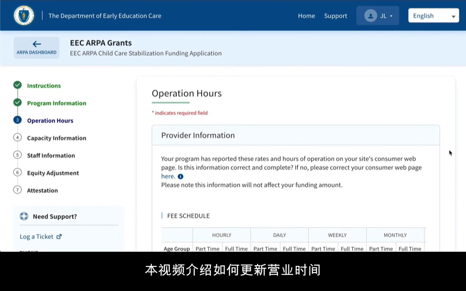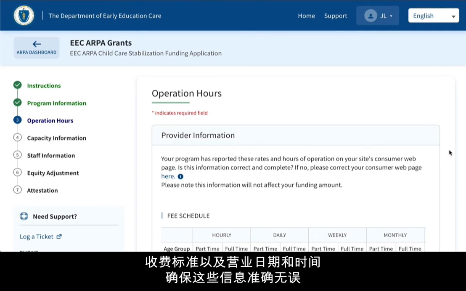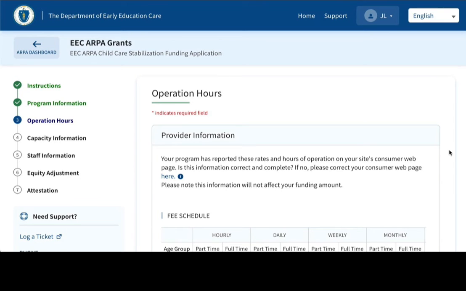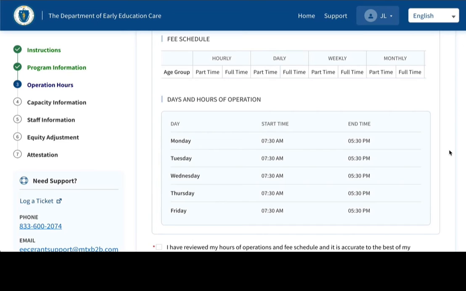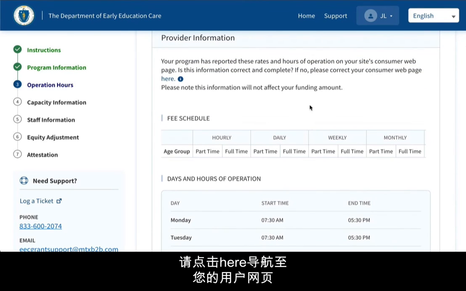For updating operation hours. On Step 3, review the fee schedule and days and hours of operation under the Provider Information section to confirm accuracy. The information you see here is populated from your consumer web page. Please note, if you have multiple schedules posted on the consumer web page, you will only see one on the application. If this information is incorrect or incomplete, click here to navigate to your consumer web page to make required